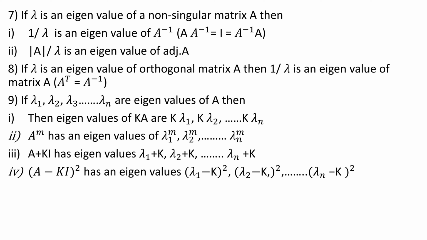These are the important properties of the eigenvalues you have to remember before solving the problems on eigenvalues. First, you have to remember those two steps, that is, sum of the eigenvalues is equal to sum of the leading diagonal elements of the given matrix, and product of the eigenvalues is equal to determinant of the matrix. Those are two very important steps, and you have to remember all these properties as well, so that you can solve any question on eigenvalues with speed and accuracy.